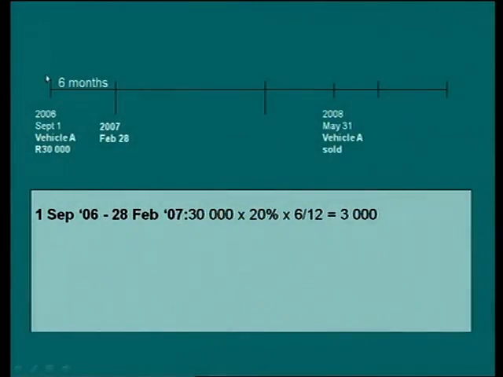I'll explain again. We bought the vehicle there. That is the first time we depreciated this vehicle. So there we go, 30,000 at 20%. They said we depreciate this vehicle at 20% for 6 months, 3,000 Rand. Then